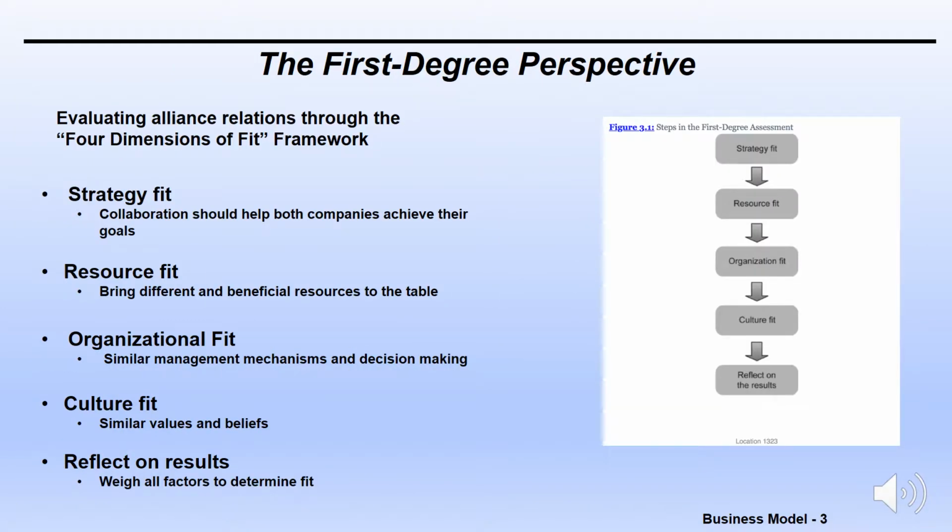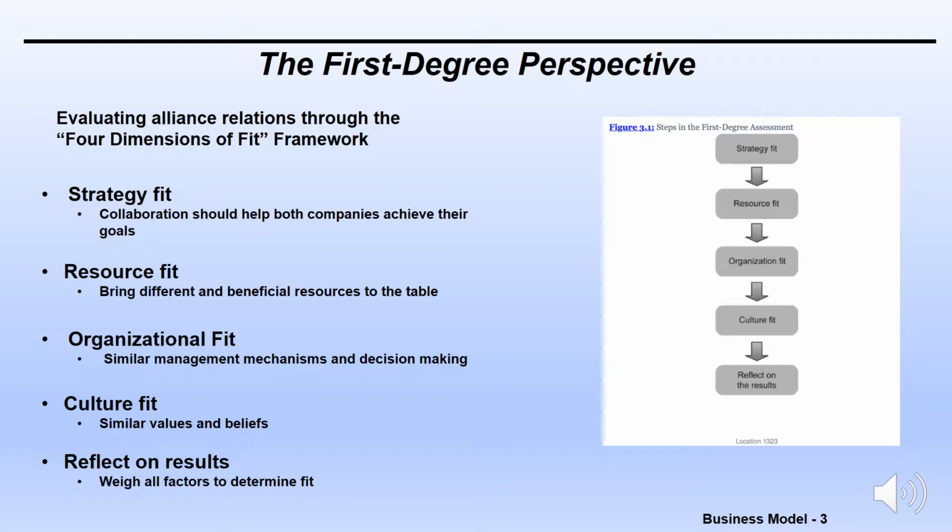The first degree perspective is a mindset and practice that is useful in determining appropriate alliances and partnerships. This mindset focuses on the evaluation of two or more companies and how they would work together. The 4 dimensions of fit is an extremely useful framework when evaluating an alliance or partnership and analyzing the effectiveness